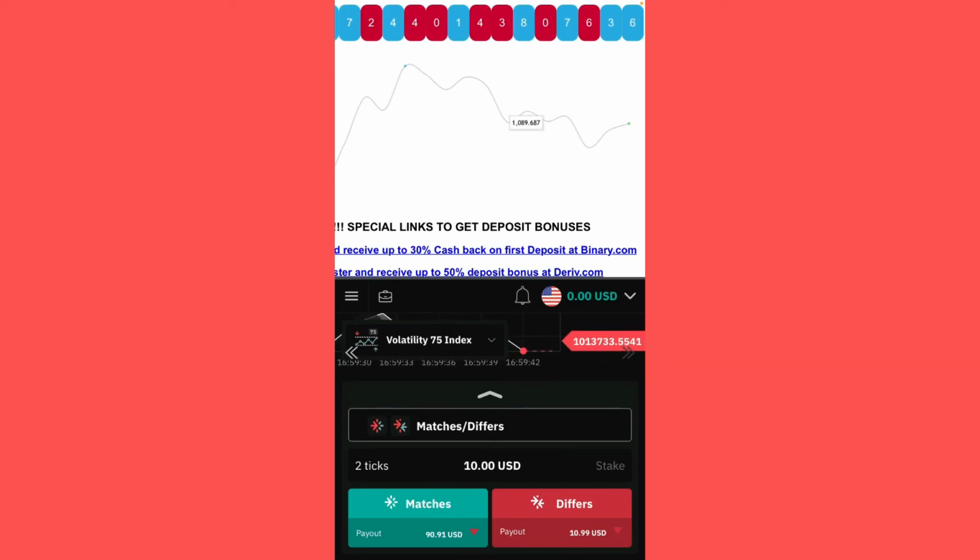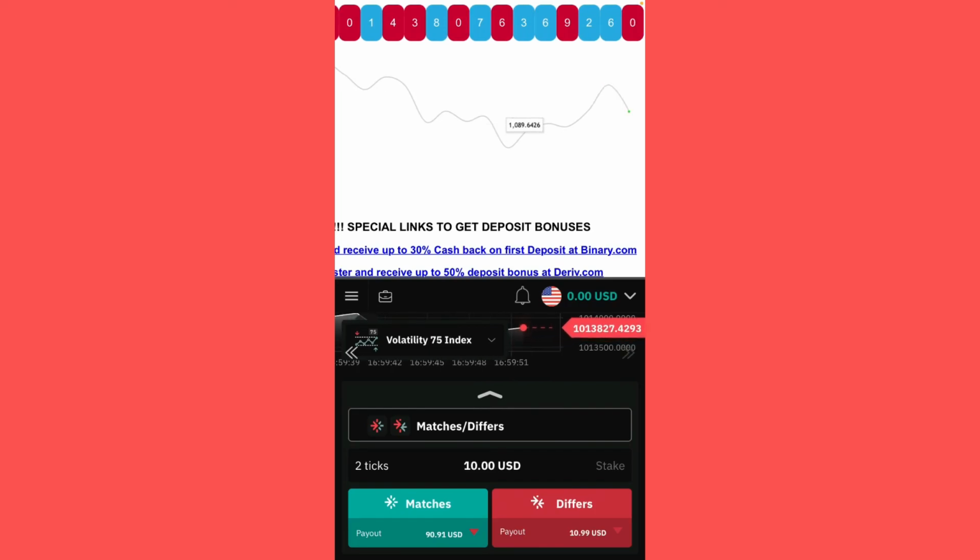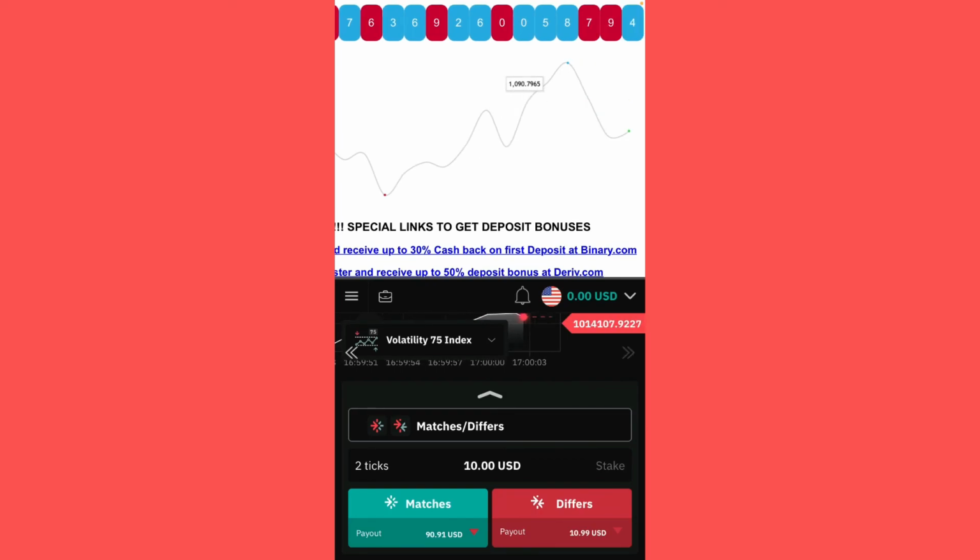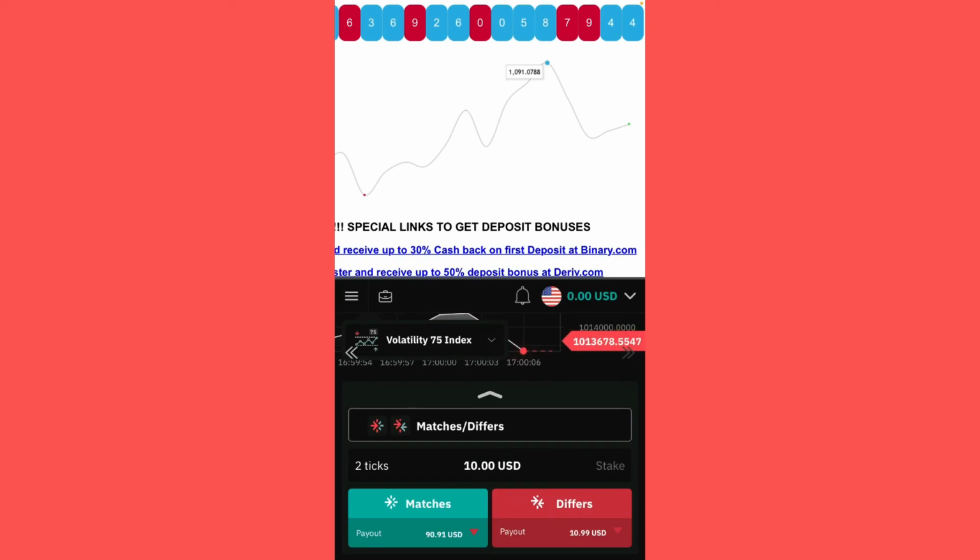Because these 2 ticks will help you a lot. You might fall into 0 in 1 tick. In the next tick that will complete the 2 ticks, it will then go to another number, which is an ordinary number, like 1, 2, 3, 4, 5, 6, 7, 8. That is it. That's the secret. I've been trading with this. I've been monitoring this trade, and it is working very, very well.